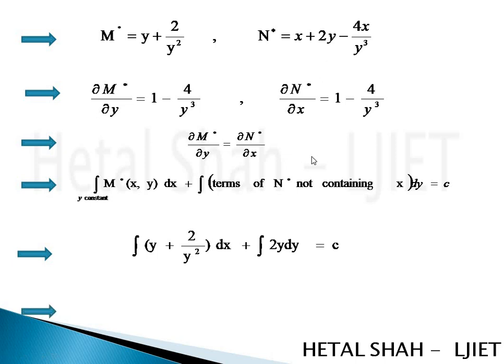So by solving the integration, here the whole term is a function of y, and we want the integration of this function with respect to dx. That's why the whole term is constant, and integration of 1 with respect to dx is x, and integration of y is y square by 2. Here both 2 are cancelled, so this is our final solution.